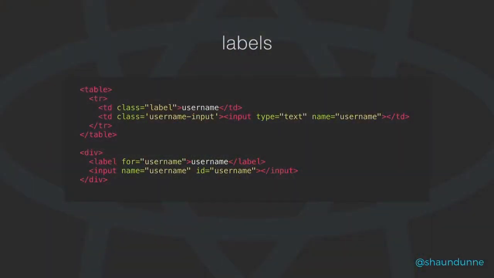Tables are awesome, but when you're marking up a form, it's probably not the best way to do it. And it sounds unrealistic, and I'm pretty sure no one here has ever done that, but I've seen that on the web, which is where the example comes from. You can just use labels, and I'll show you in a bit how you can hide those labels for people who don't need them. If your design doesn't require a label, still use it, and you can associate the label to the input field just using the for and the ID.